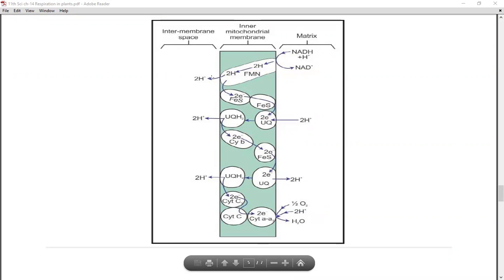This way the passing of the electrons takes place, and as the electrons are being passed, this system is known as ETS, that is the electron transport system, right? And it is useful in the transport of the protons as well as the electrons. So here the oxidation of NADH2 to NAD, this whole sequence